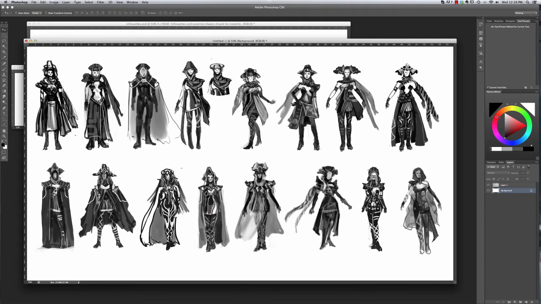Alright, so here's all the silhouettes I came up with. I only demoed out maybe about 6 or 7 of these, but I did a few more extra to explore some designs. And just to review some of the things I'll be looking for before I start nitpicking these designs: